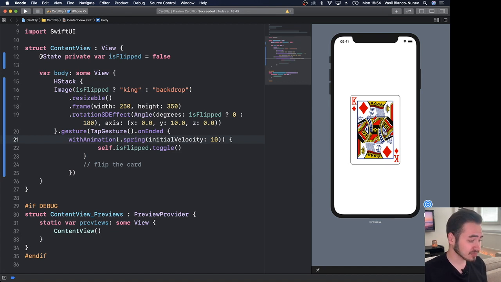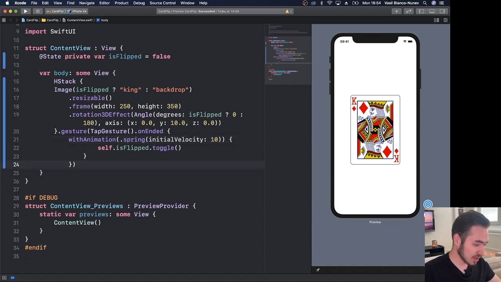Pretty awesome. Now, the only bad thing is that for some reason this tap gesture with animation does not work on the image. You will have to encapsulate it in some kind of stack. Horizontal stack, vertical stack, Z stack, doesn't really matter. I just figured out that it needs to be in some kind of stack. It's pretty sad, but hopefully in later versions of SwiftUI this is actually fixed. Maybe if you're already watching this video while this is out of beta, this has already been fixed, so you can try this out without encapsulating it. All right,